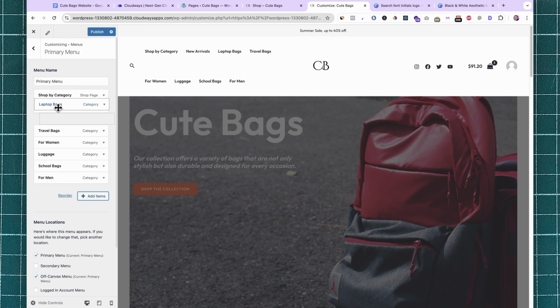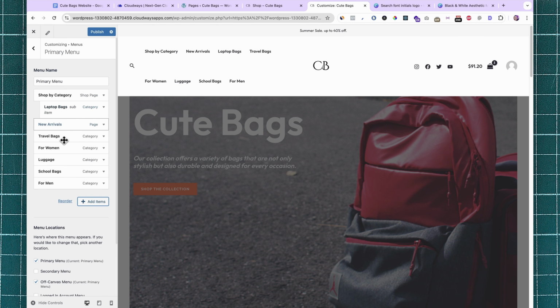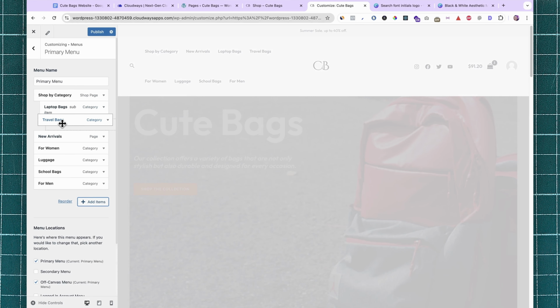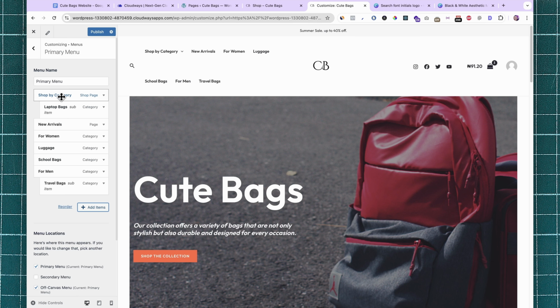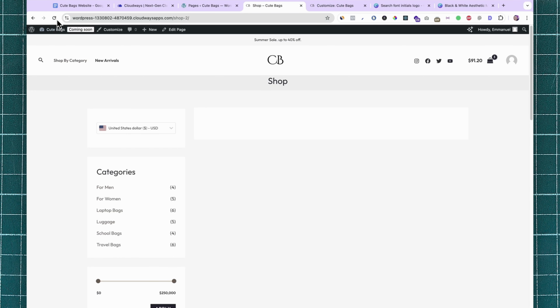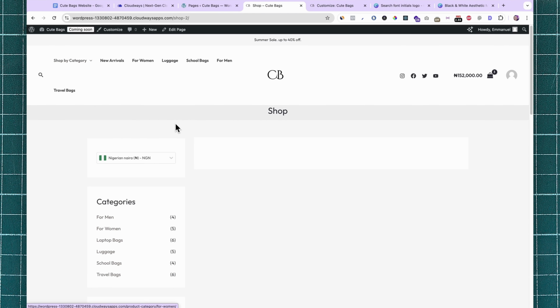Then you just want to hold down and then drag it a little bit forward under the main menu item like this. Really easy. So what I would do is all these items will be submenu under shop by category. So let me show you an example. If I publish this and then come over to the website, just refresh. And if I hover my mouse on shop by category, you can see that I have the submenu, which is